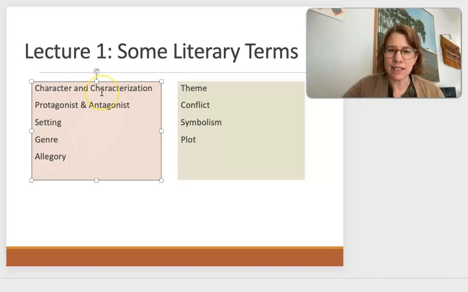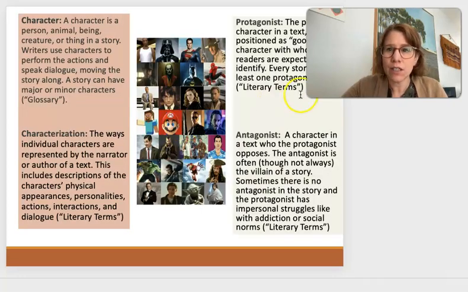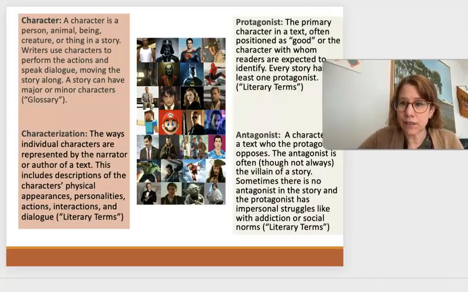So for our purposes, let's just review some of these basic ones. So character and characterization, protagonist, antagonist, setting, genre, allegory, theme, conflict, symbolism, and plot. So these are some key terms of fiction. We sometimes call these literary devices, but I'm going to call them key concepts or key terms. So the first one here is